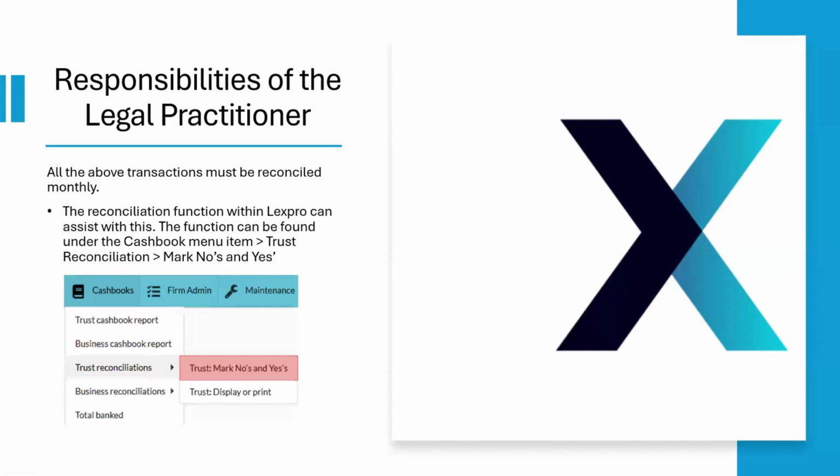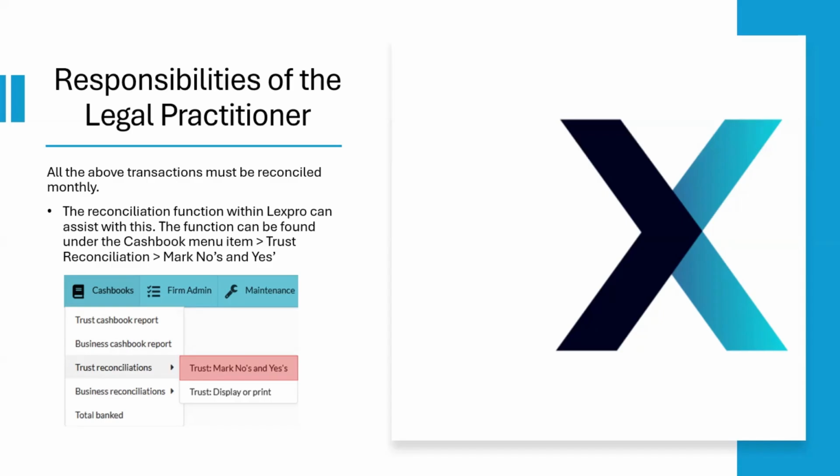Now, by writing up your books, by processing from the bank statement into the system, that's your first responsibility, and that should be done monthly. The second responsibility that flows from those transactions is to make sure that we do reconcile those transactions on a monthly basis as well. Now, the guidelines and the rules and the Act don't stipulate the reconciliation.